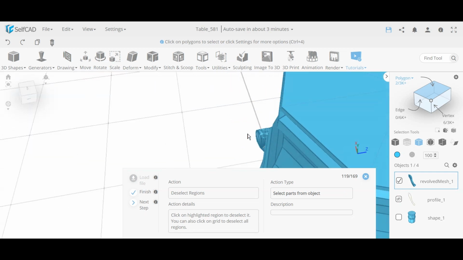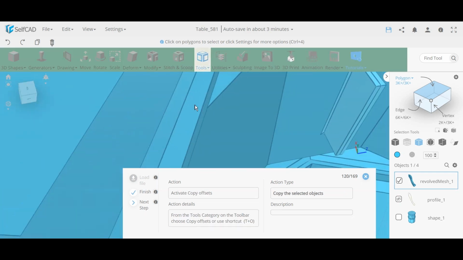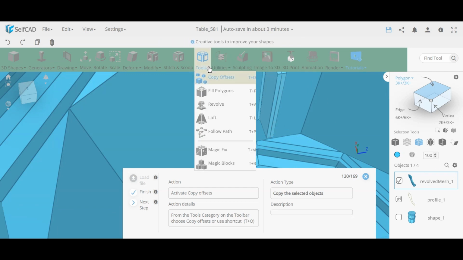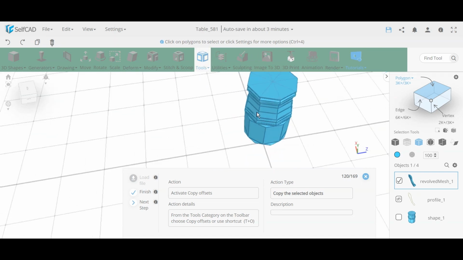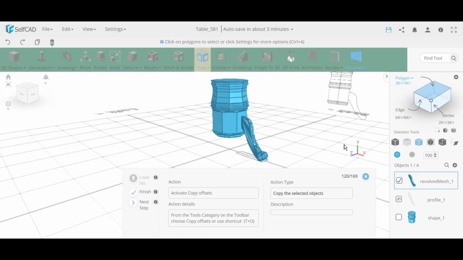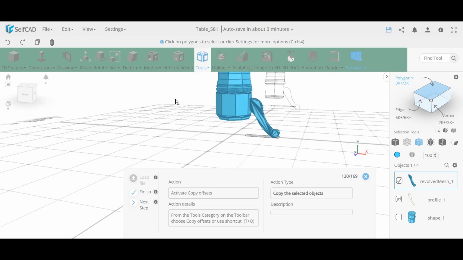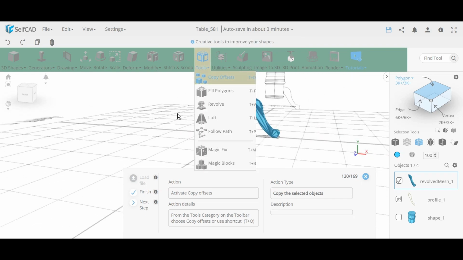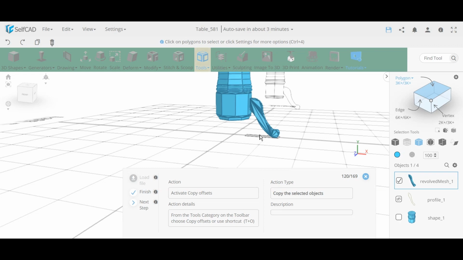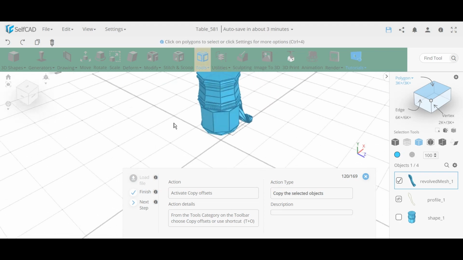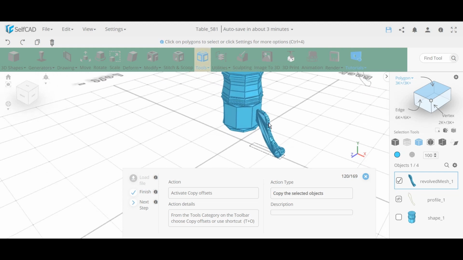We're clicking here, we selected the shape. I have to click to deselect the inside faces over here and this part over here, and now we're going to go to Copy Offset. So what we have over here is just one piece, one leg section, this section, and now here's another interesting thing, which is going to use again a revolved type of section. Now it's not revolve, we want to have additional copies, so we can simply copy and move them,